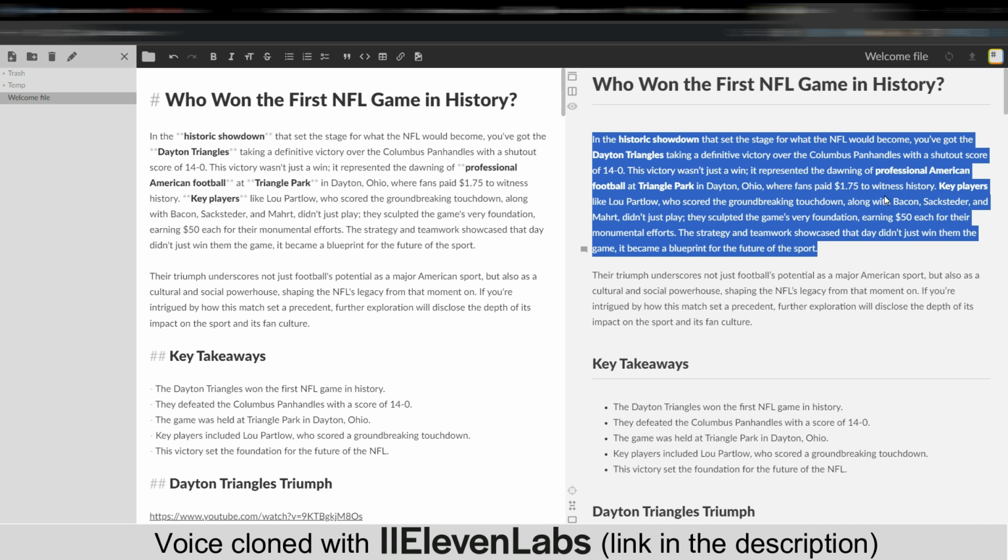history. Key players like Lou Partlow, who scored the groundbreaking touchdown, along with Bacon, Sacksteder, and Mart, didn't just play. They sculpted the game's very foundation, earning $50 each for their monumental efforts. The strategy and teamwork showcased that day didn't just win them the game, it became a blueprint for the future